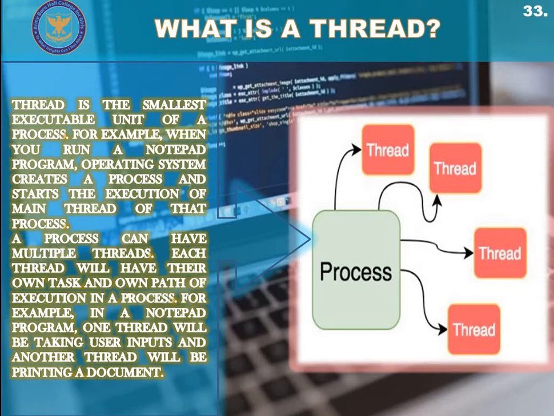When you click an instruction, for example, on your data, you want to apply a different font style. So you apply this instruction on your data. You are applying an instruction or option, and you are initiating a process by applying that instruction on your data. So your instruction is font size, you clicked it, and you started a new process inside that MS Word program. Now, what is a thread here?